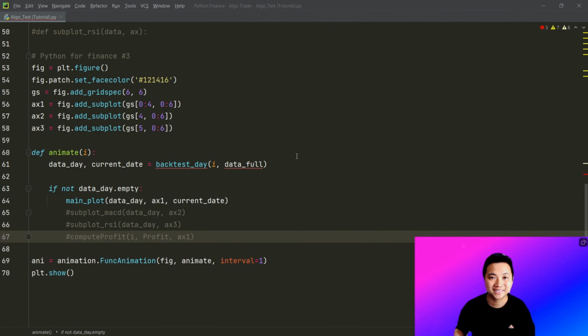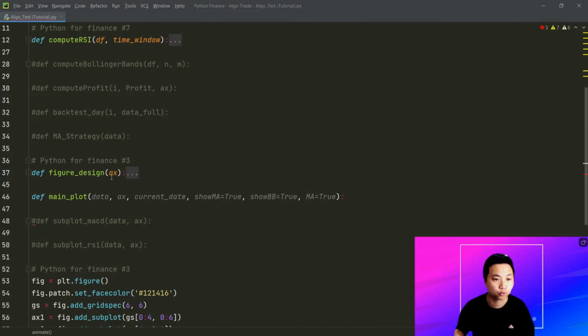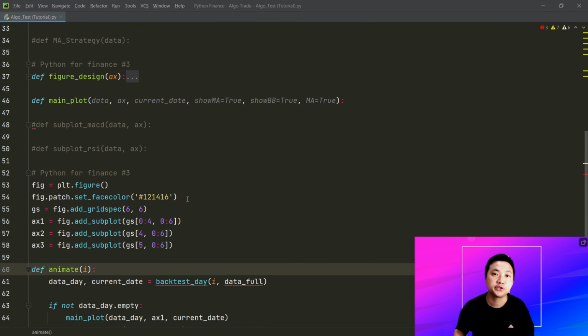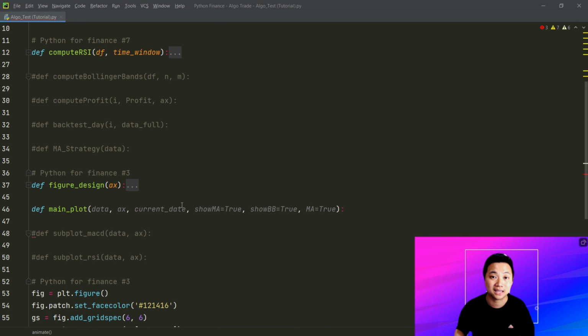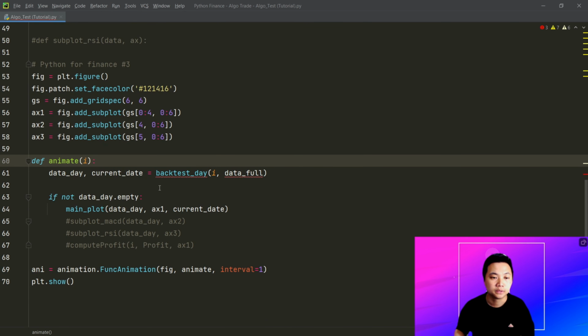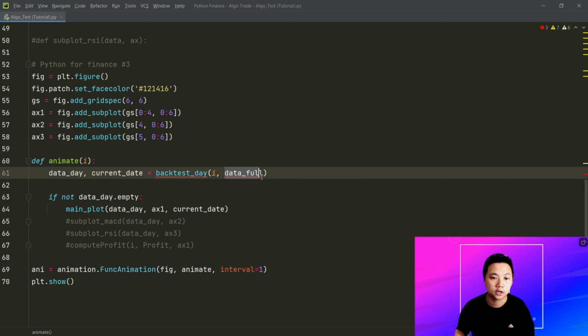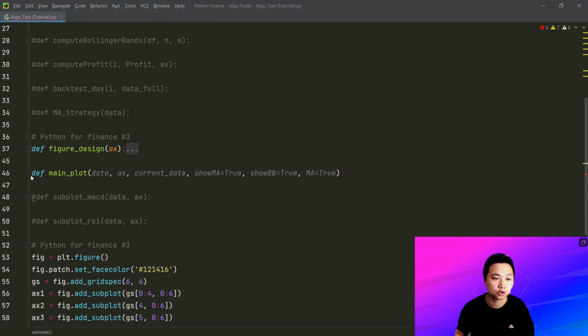Now we have just set up the backbone for the entire project. We create all the functions that we need, and also we copy some functions that we previously created. So in the next lessons, what we are going to do is that I will show you how to upload the entire dataset for the past 2 years to this program from the CSV files that we created before. And of course, I will also show you how to